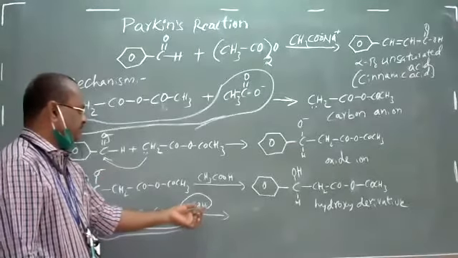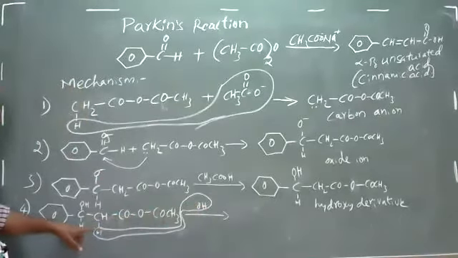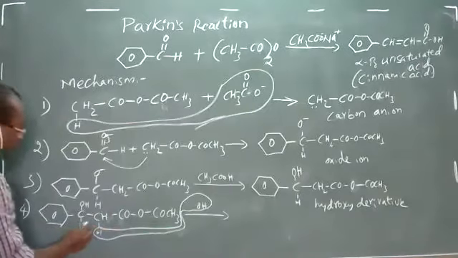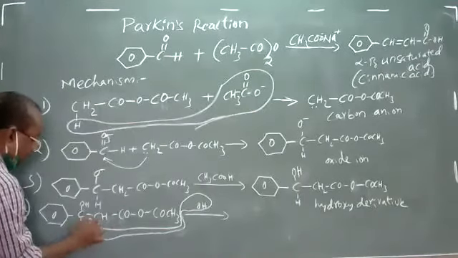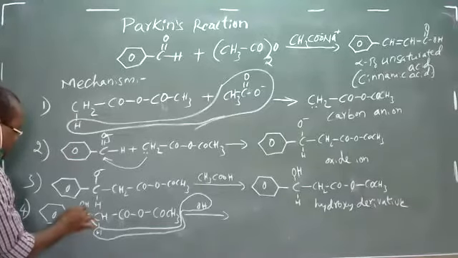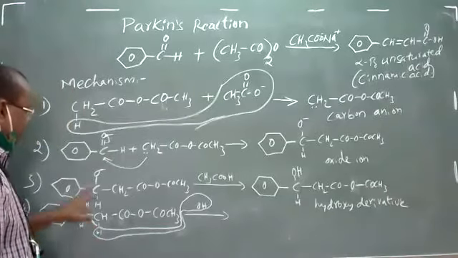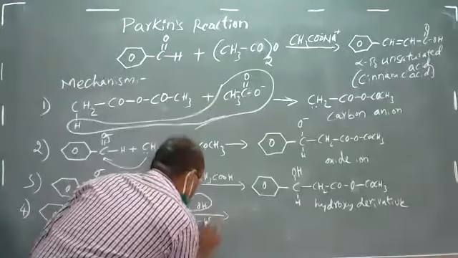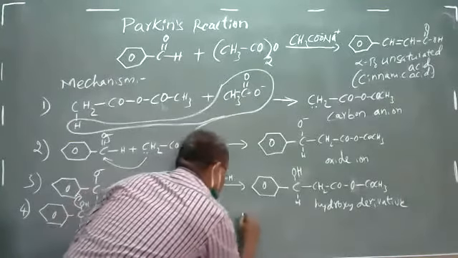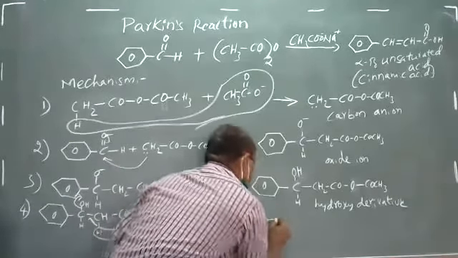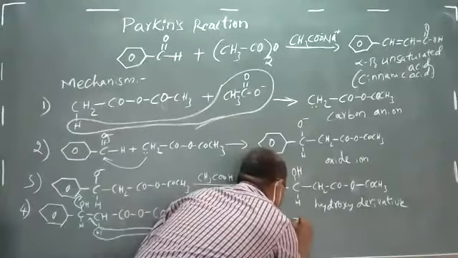which splits up into H plus and OH minus, that OH will attack this and abstract one more alpha hydrogen, and thus the alpha hydrogen comes out with the hydroxy group, forms a water molecule, and the bond electrons will try to form a double bond between this, and at the same time this OH will eliminate. When it tries to form a double bond here, that OH will eliminate, and ultimately an alpha beta unsaturation is formed.